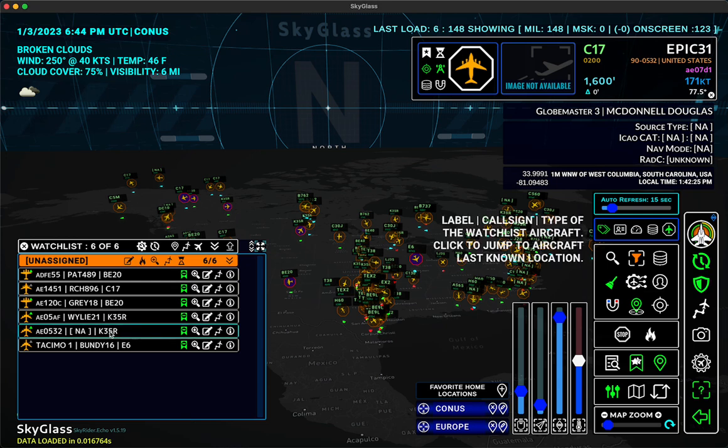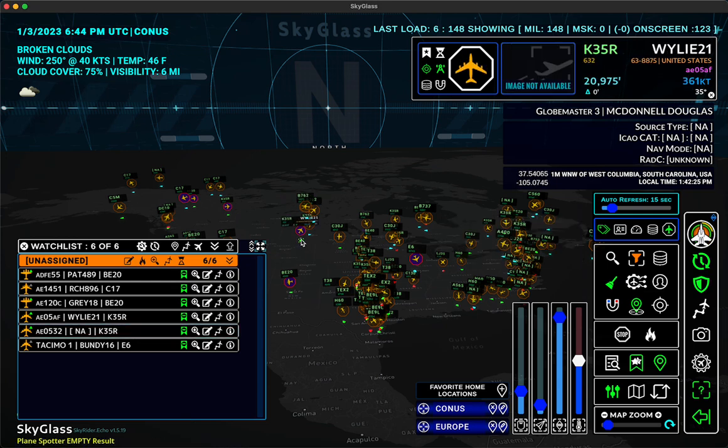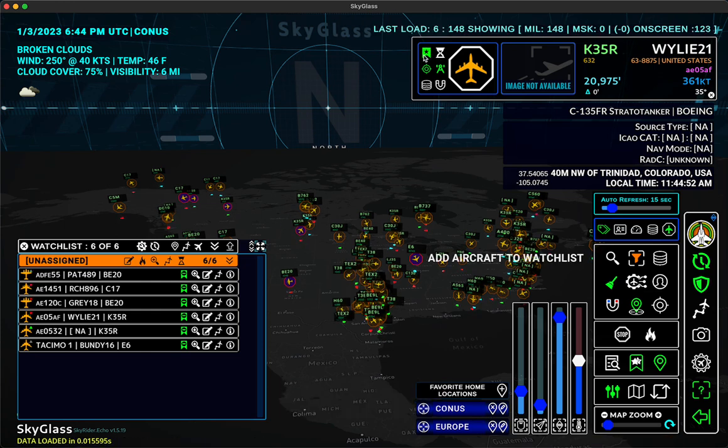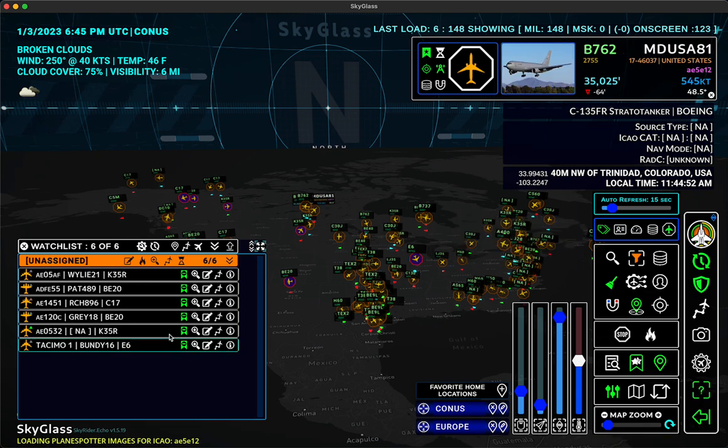If the aircraft is displayed in the HUD, you can click on the banner again, and that will remove it from the aircraft, or from the watch list. Let me add that back on. Or you can click on this